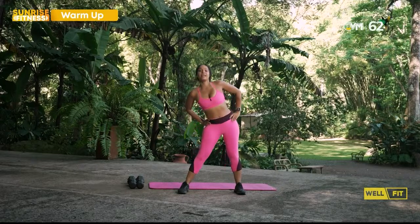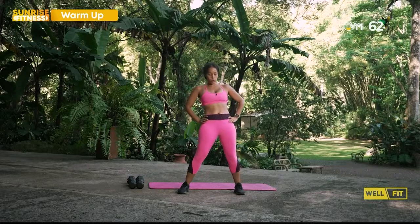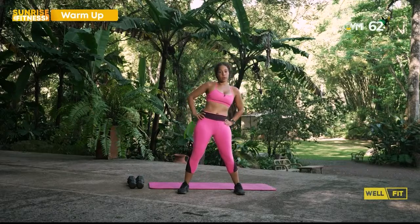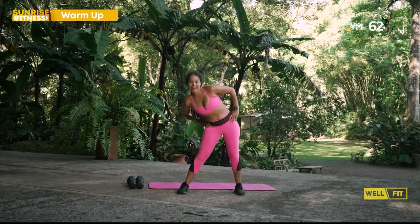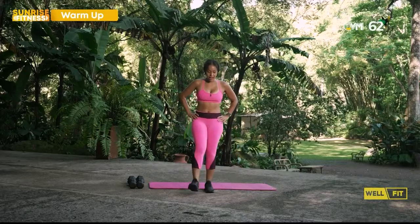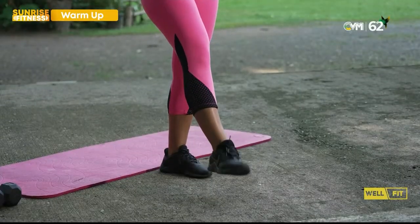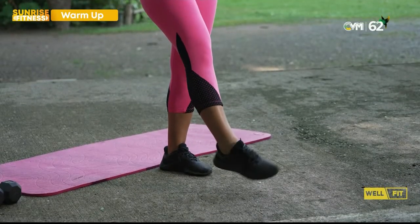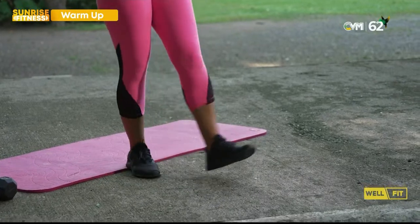Taking those deep breaths in and exhale it out. Other direction. In through the nose and exhale it out. All right, let's rotate the ankles right here. Good. Keep breathing and exhale. Other direction. And inhale